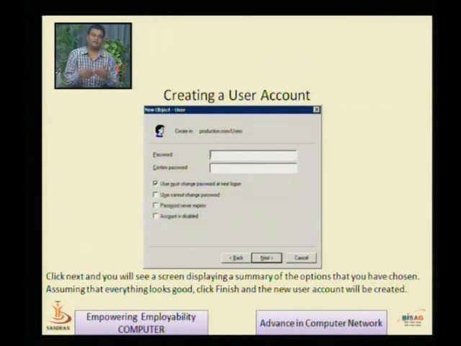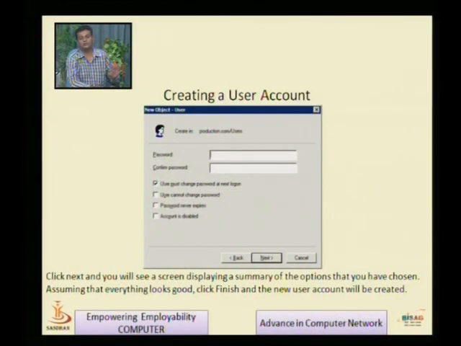So the actual user enters the new password. If I set User cannot change password, the user is not allowed to change the password. Password never expires means the password remains as it is. Account is disabled means I temporarily disable the account, so at that time the user is not allowed to log into the system. For example, right now my students are in MCA 2, so I block the MCA 1 users, the account is disabled, so MCA 1 users are not allowed to